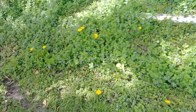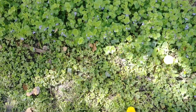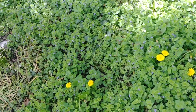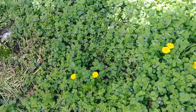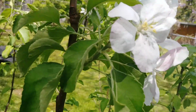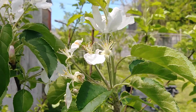Now, what happens when you have dandelions and you have fruit trees and blueberry bushes and a number of other plants that produce fruit? What happens is the bees will eat the pollen from that instead of going to your trees where you have apples ready to be born into the world. So what you want to do is eliminate as much as possible of